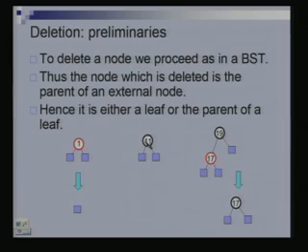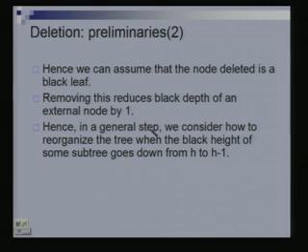Right. So hence we can assume that the node deleted is a black leaf. That is, this is the only case which is really interesting for us. And removing this reduces the black depth of an external node by 1. And so in general we are going to assume the following. We are going to look at the following step, that there is some subtree whose black height is reduced by 1,